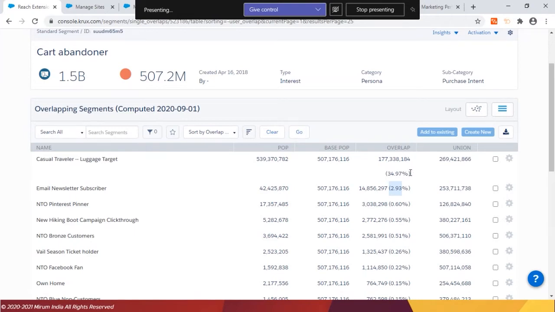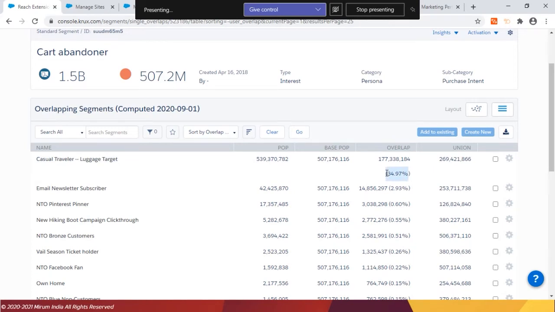But what is interesting here is that people who have been categorized as casual travelers, which could be third-party data or a segment available to me, is a great insight. People who are abandoning my cart, showing purchase intent but not going ahead with the purchase, can be easily categorized, and 35% of them are casual travelers.